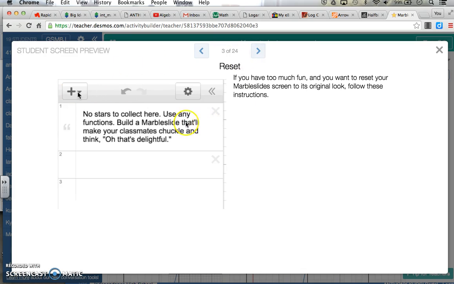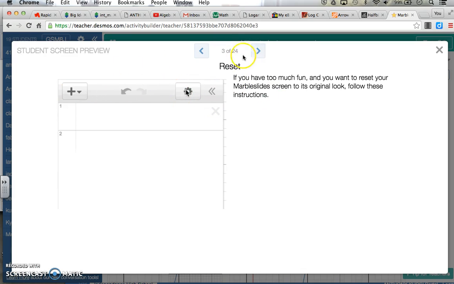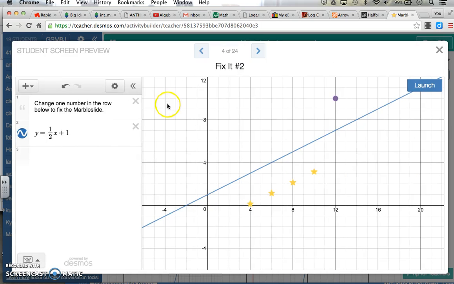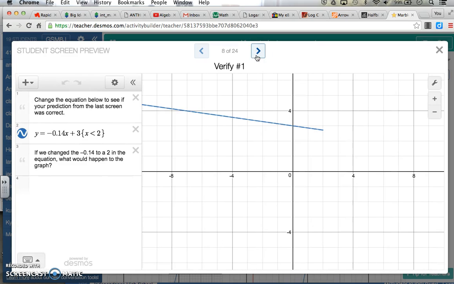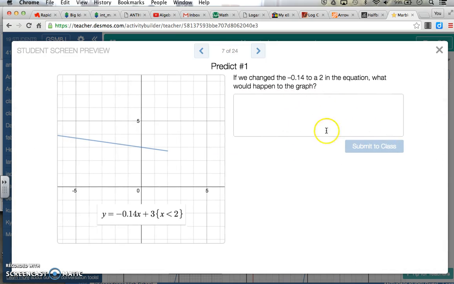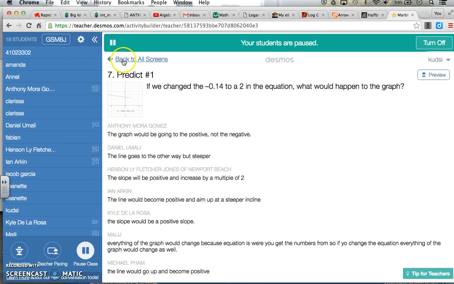This slide just tells them about that reset feature I already showed you. They can click on it. Now the next one, they have the right slope, but now they're going to have to change the y-intercept to like -3. That's probably going to be too low. They check it and they see. So it slowly changes. It targets all those different things. Eventually it'll have a blank equation, and there are open-ended questions that ask for it. All kinds of stuff. And you can be monitoring where all your class is